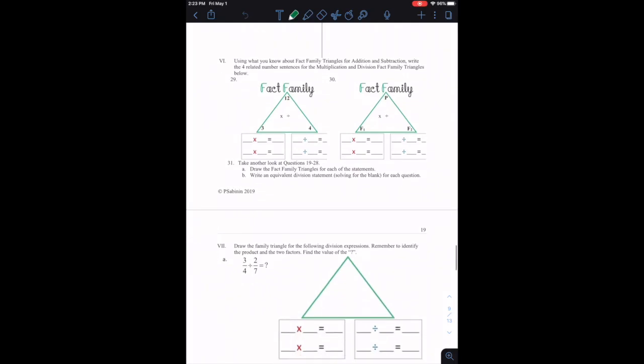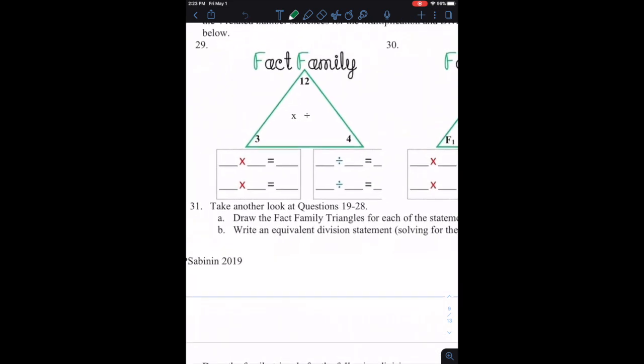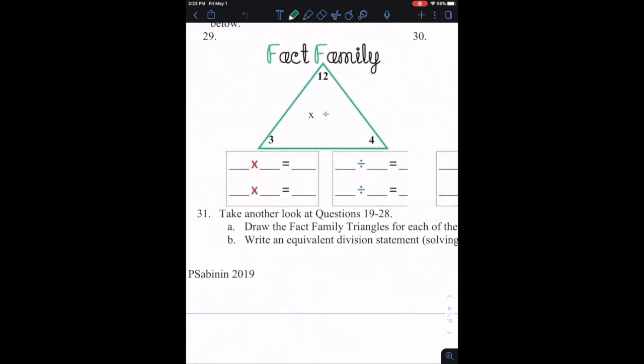So now we're looking at page 18 of the fractions handout, part 2. And I'd like to remind you, we've been talking about it briefly, but I'd like to remind you a little bit more about the fact family triangles. So for example, if we have a fact family triangle with whole numbers, with multiplication and division, we might have